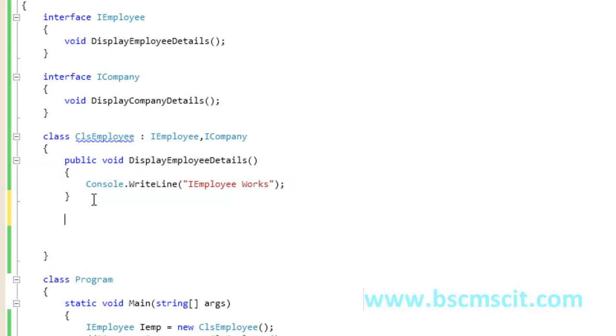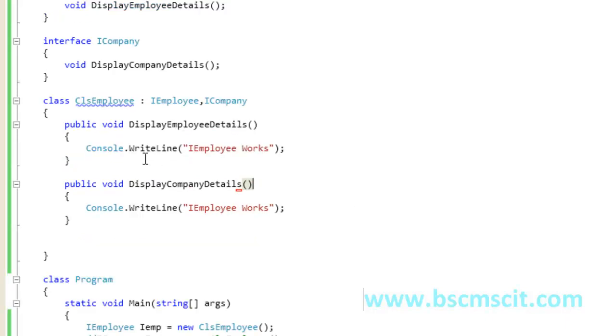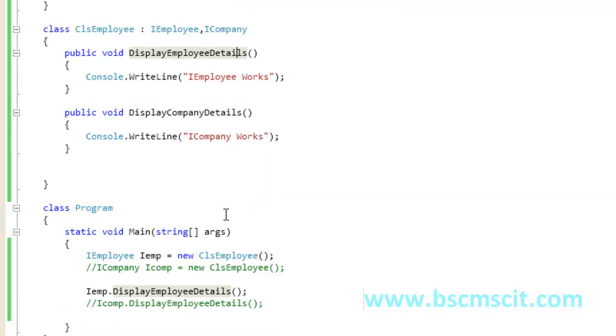So let me just build this. As you can see, the build is succeeded.